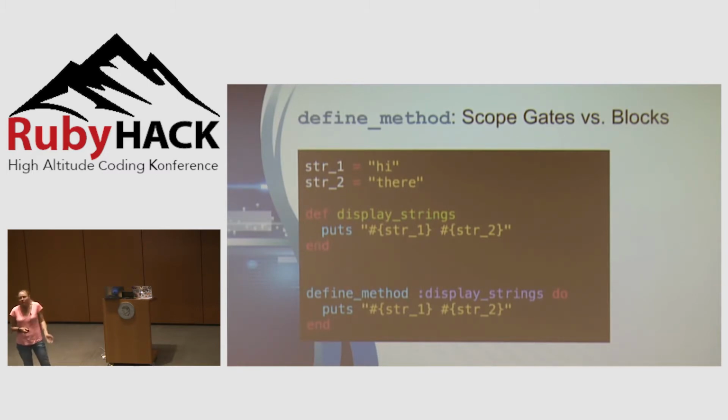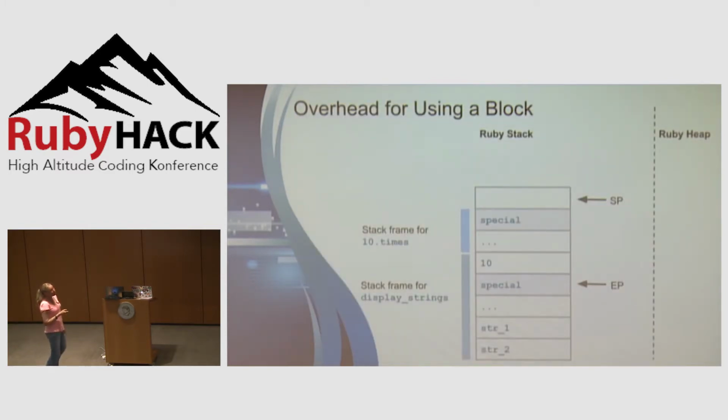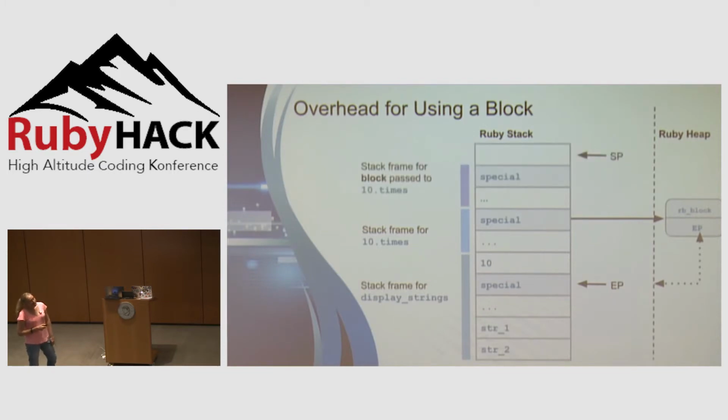Now, you may ask, given its relative elegance, why not just always use define method and forget about the def keyword completely? Well, it turns out that creating a block and running it does not come without its overhead. So you may recall this slide where I showed what happened when you called a method with a block. We needed to create the block object on the heap, copy the environment pointer value into its environment pointer property, set the special slot to point to the object on the heap, and then every single time yield